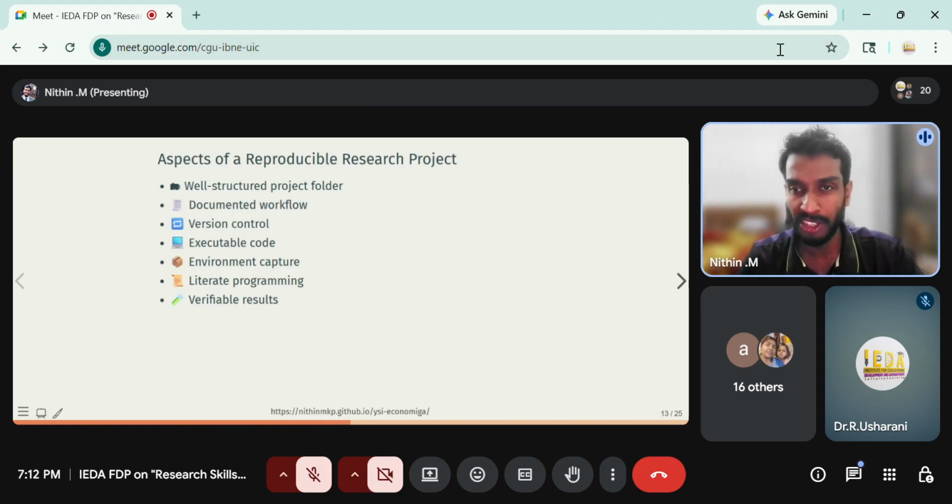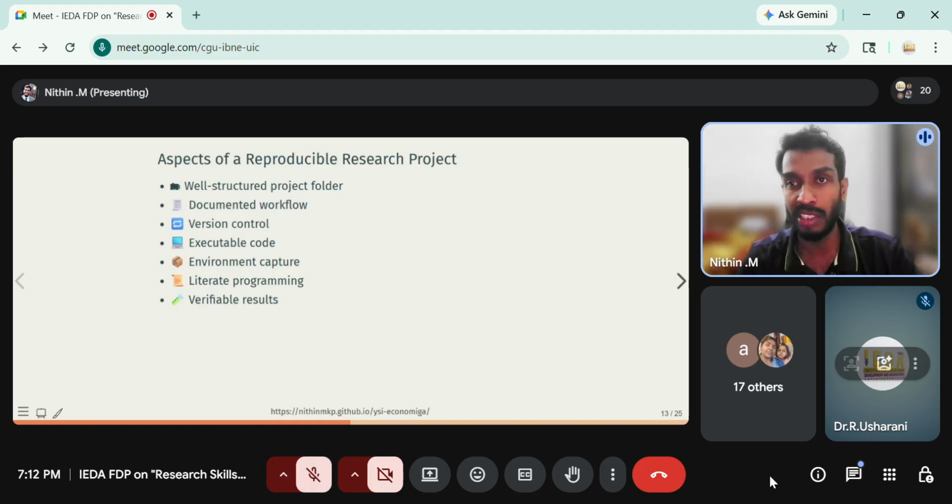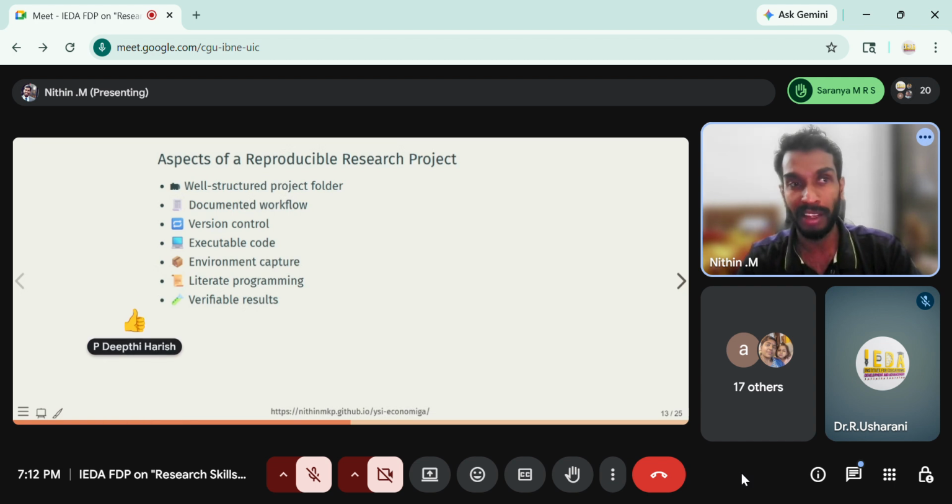Anybody from the science stream here, a researcher? Can you please raise your hand? No? Am I audible still? Yeah. So no science researchers, I guess. Okay, fine. Anybody? Okay. So Sharanya is a science researcher. Okay, maybe I don't know whether she is able, but at least when you write a paper, you will